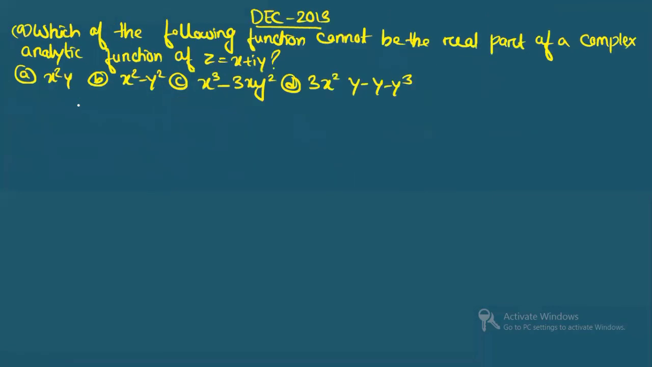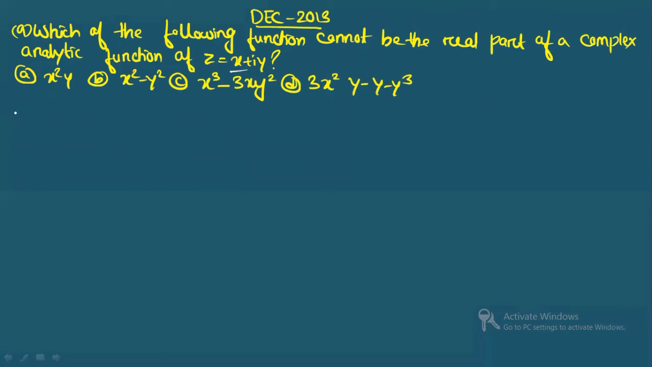Next you see question number 9. Here it is said, which of the following function cannot be the real part of a complex analytic function z equals to x plus iy? Out of these four options, which cannot be the real part of the complex analytic function? This you will have to check. So you already know that if you are having a complex analytic function, then its real and imaginary part will be